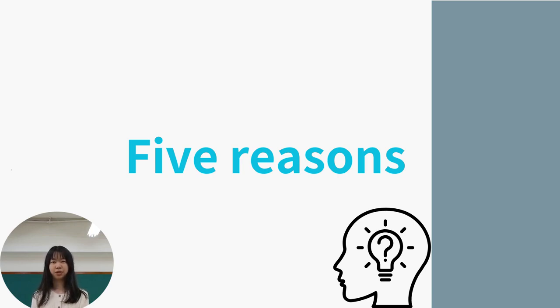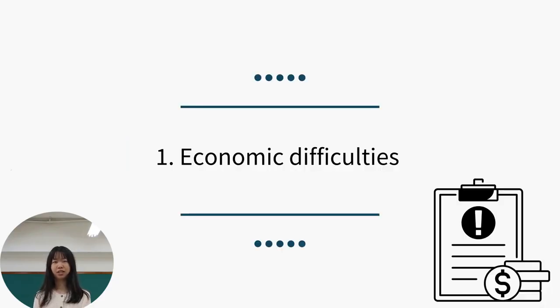The causes of homelessness can be grouped into 5 main factors. The first is economic difficulties. Housing prices in the UK are constantly rising, while wages grow slowly, making it hard for people to afford rent, buy a house, or pay the mortgage. Additionally, due to the economic recessions in recent years, many people have lost their jobs, which leads to a decrease in family income. As a result, they could no longer afford the rent, not to mention the mortgage.